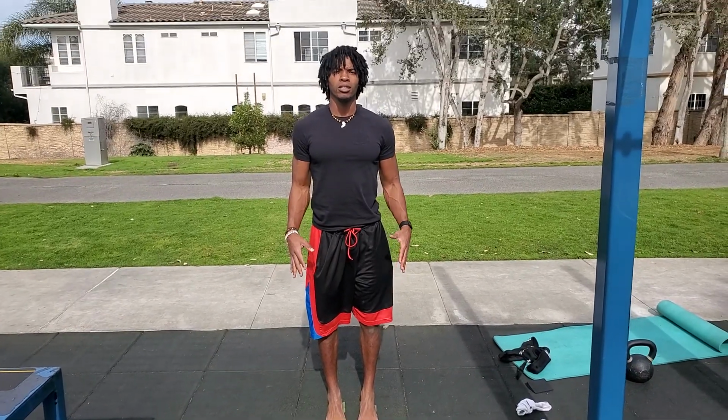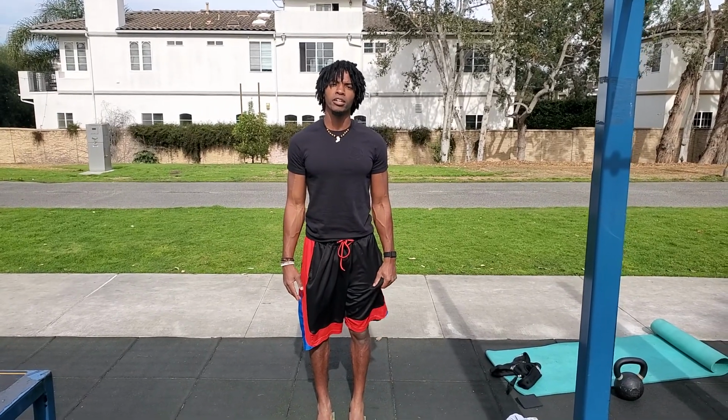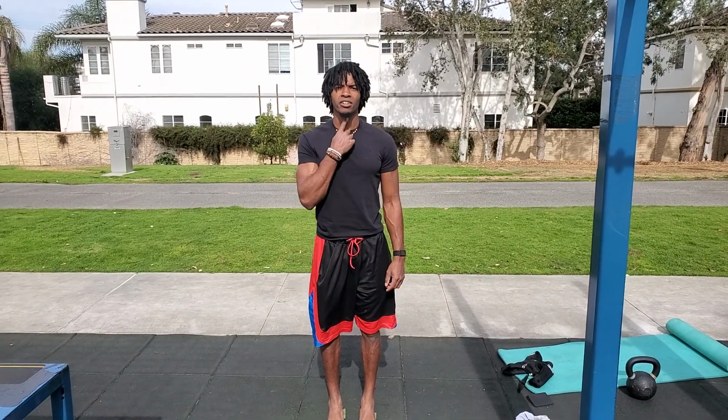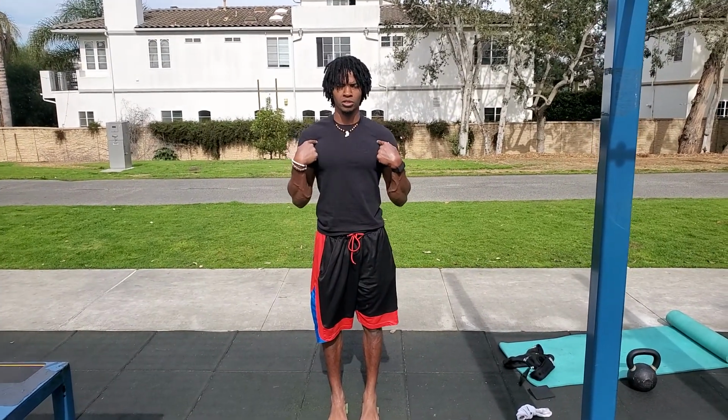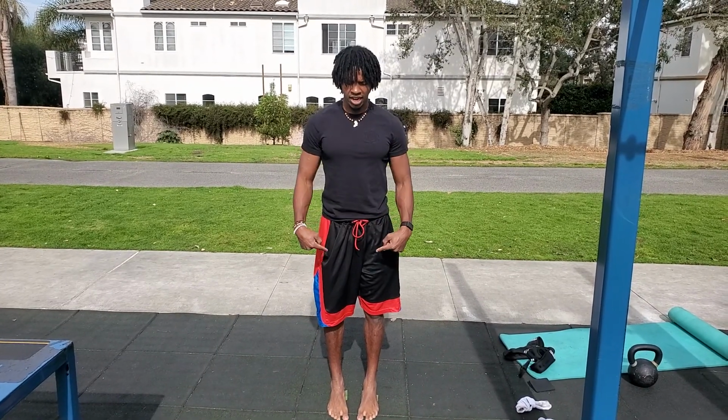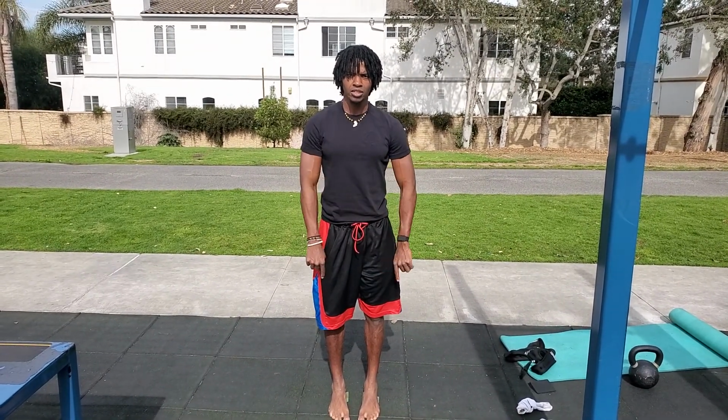Okay, so this is going to be working on your gyroscopes, getting them nice and loose before you start your GOATA workout. And you have 8 different gyroscopes: your neck, 2 shoulders, that's 2, 3, your sternum, 4, 5, 6 is your hips, and your ankles is 7, 8. So we're going to get all 8 gyroscopes nice and loose, starting with our neck, starting with packing the neck,